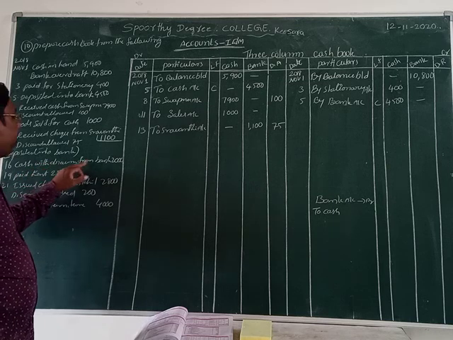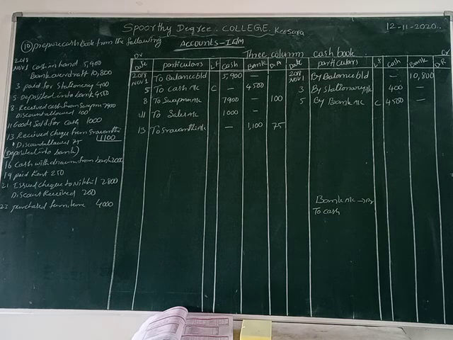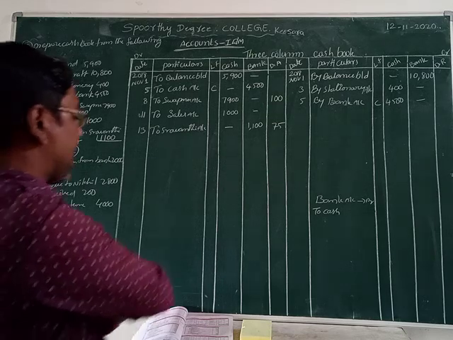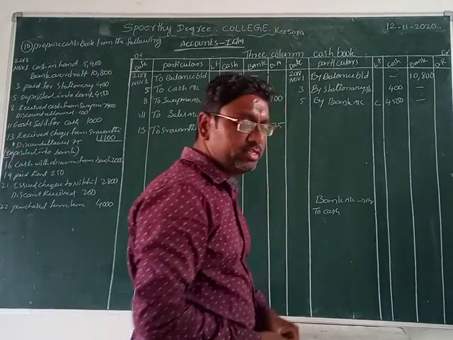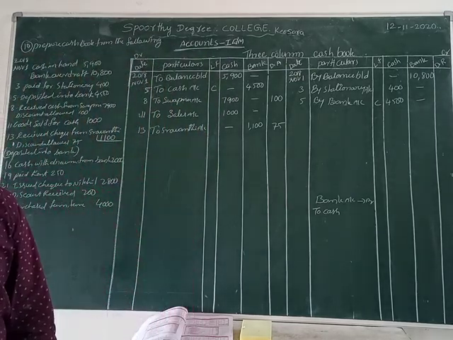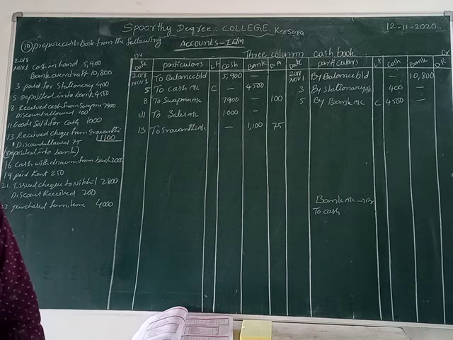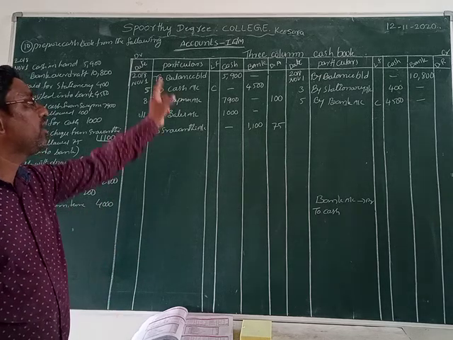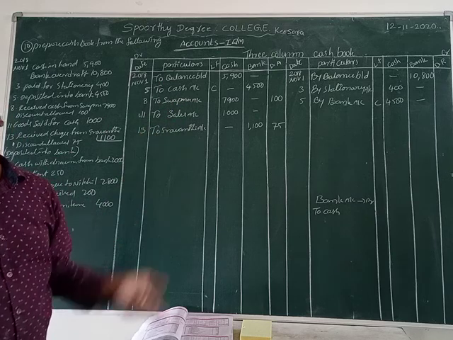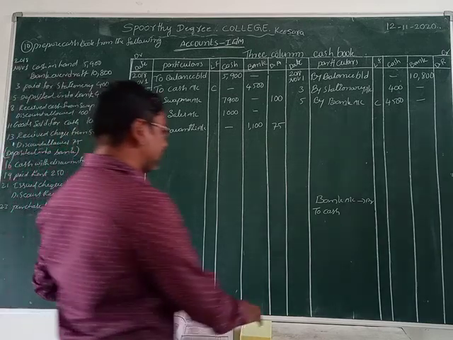Cash withdrawn from bank 2000. What can we withdraw? Cash from the bank. So who is the giver here? Bank is the giver. That's why cash comes into the business. This transaction has both cash and bank in it, so we can take it as a contra entry, isn't it? Cash and bank both are there, and we can prepare the cash account and bank account also. That's why a contra entry comes. Okay now, how can we write the general entry?